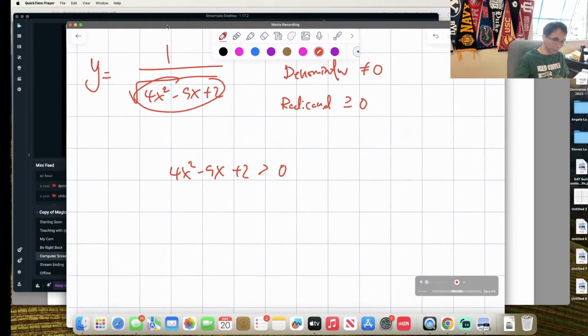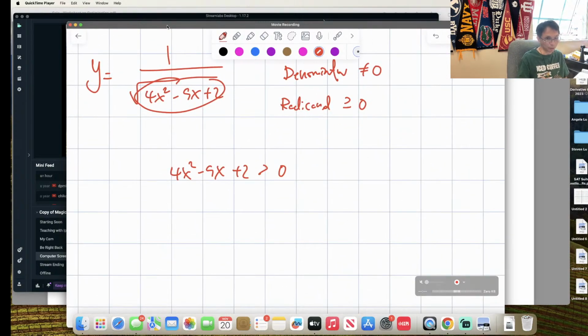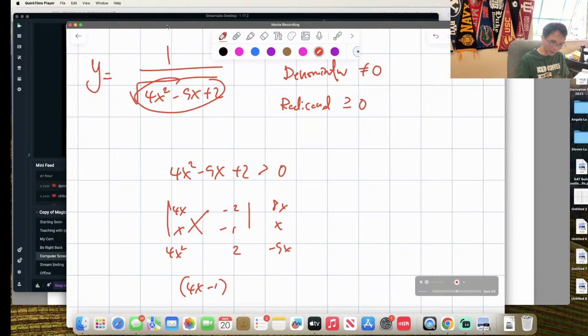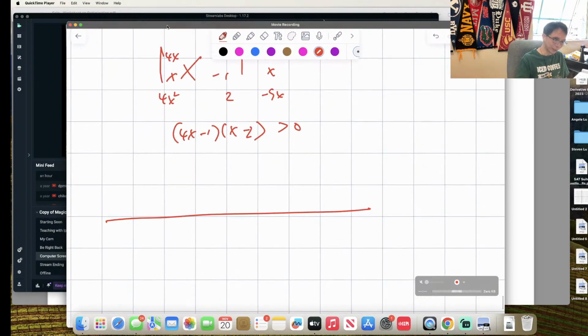Now this question will be on the test because this one is a good question. You want to set inside greater than 0. Now this becomes a quadratic inequality. It is factorable: 4x squared minus 9x plus 2, 4x and x, 2 and 1. That's going to give you 4x minus 1 times x minus 2 greater than 0. Now it's still a number line test question. If you realize we list